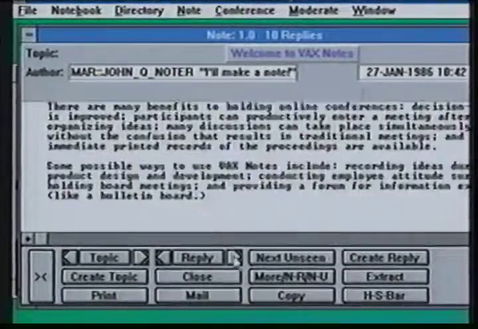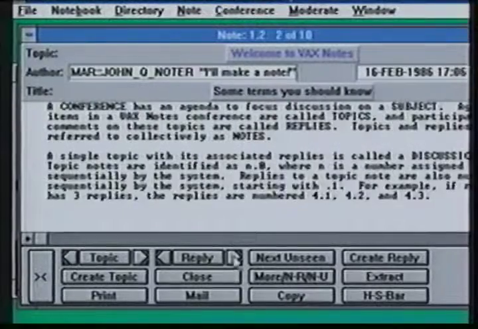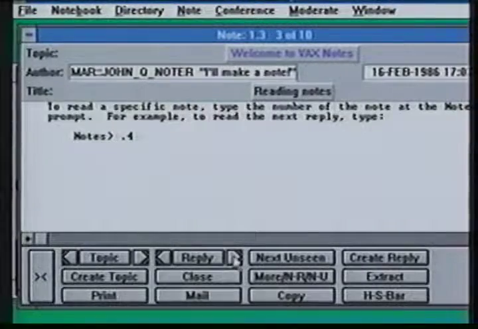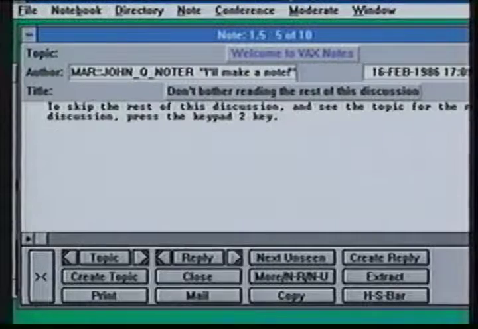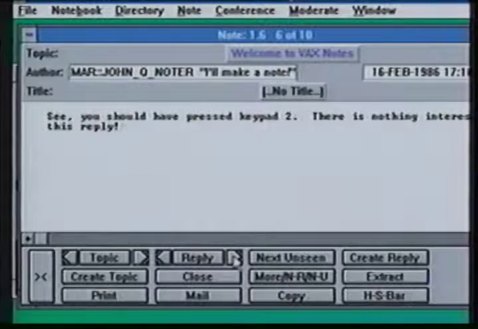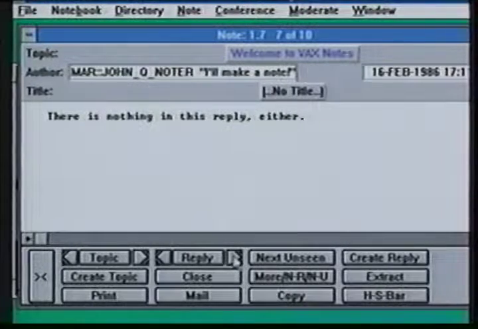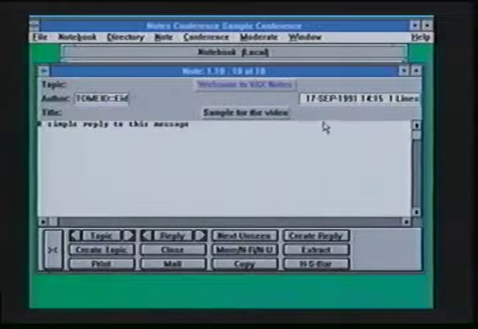And then I can quickly step through my different replies just by pushing on the reply radio button overall. So this particular note has 10 replies to this particular topic sentence. I can also, with the strip and pull down menus across the top of the screen, easily navigate through this